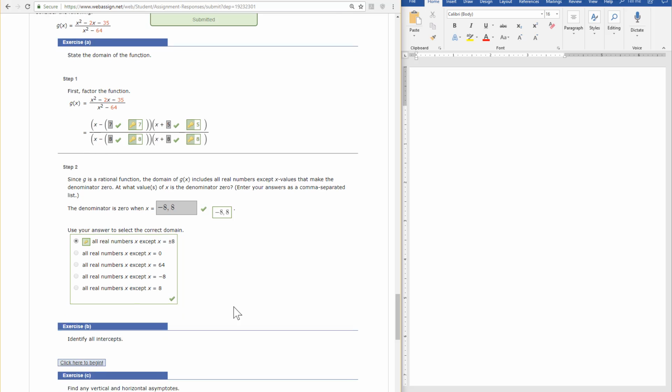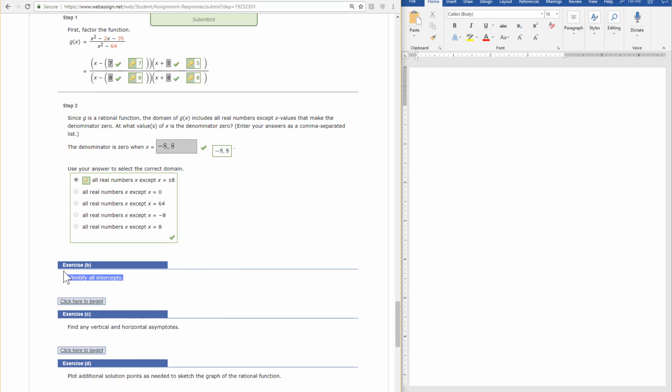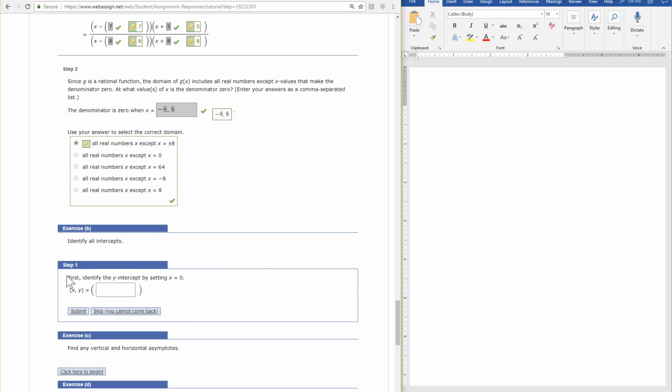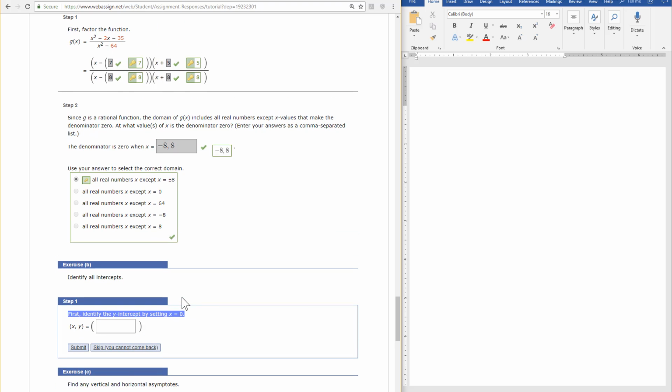Now that we have the domain, let's take a look at the intercepts. For the intercepts, we're going to consider the x and y intercepts. So let's first identify the y-intercept. That's the easy one, I think. We do that by setting x equal to 0. So let's go back and look at our function, and when x is equal to 0, we get